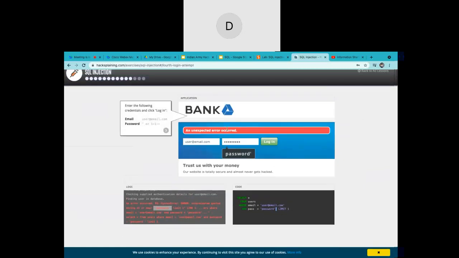Now we are going to use a payload instead of a password. What they are suggesting us to put is single quote, space, or 1 equals 1, hyphen hyphen. Why are we using this hyphen? If you notice in the code window, you see what happened.